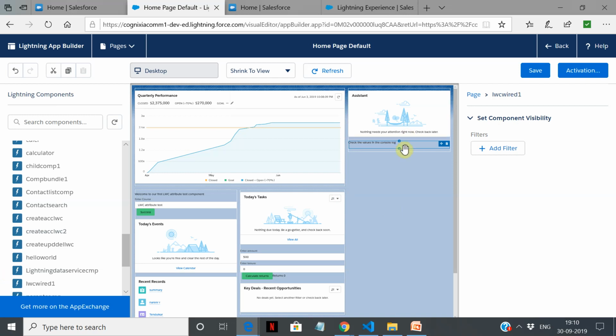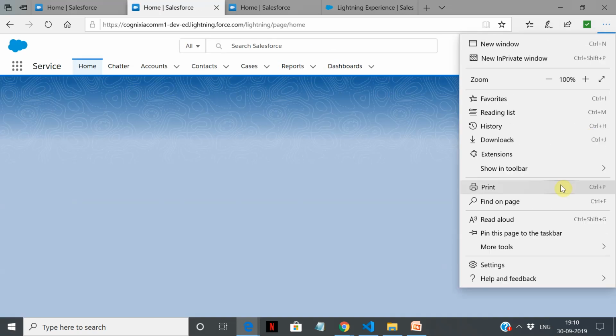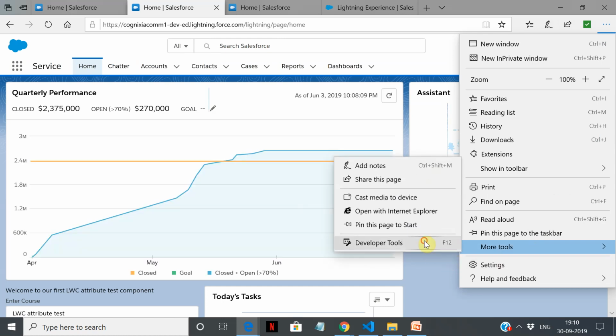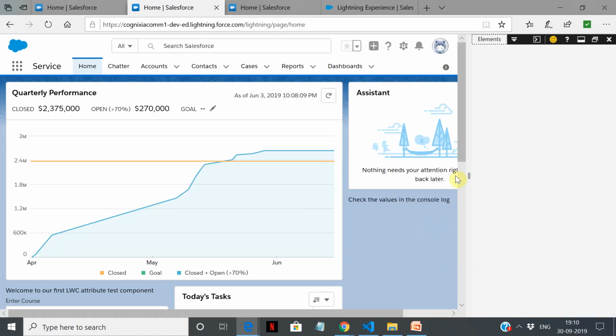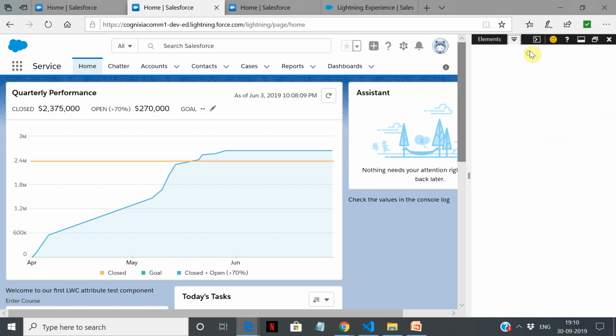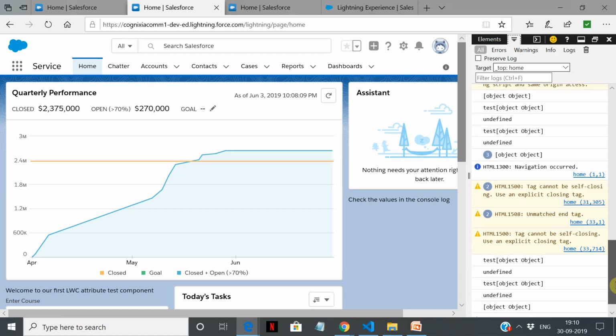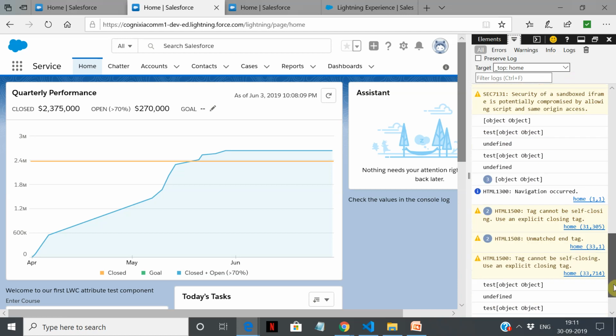We save it, and once we go back, it's going to go fetch the data and come back. Now the component is loaded. It says check the value in console log, so let's check the console log part.